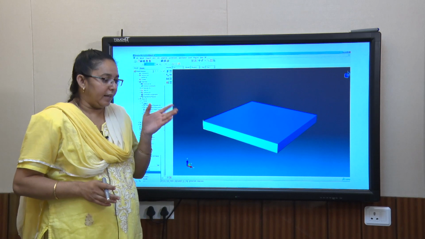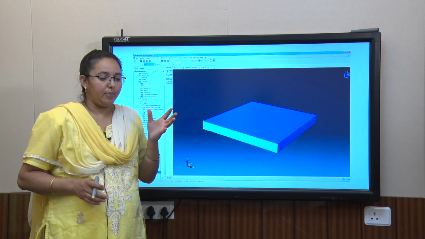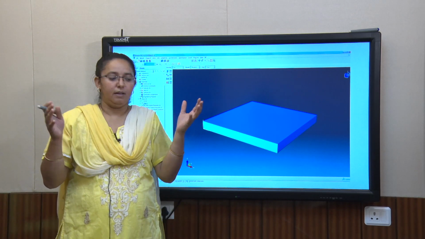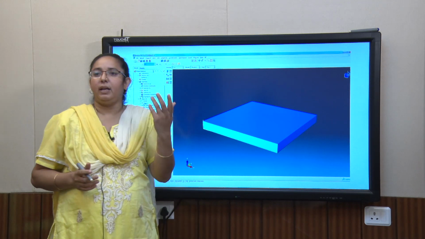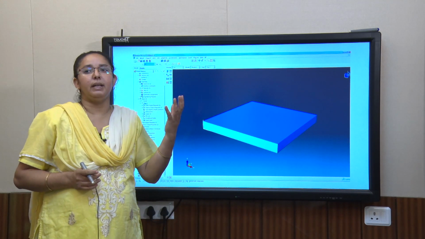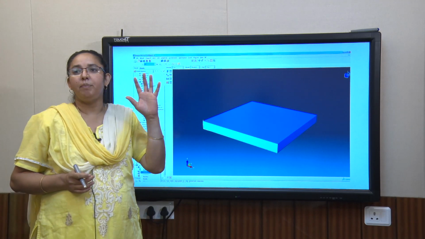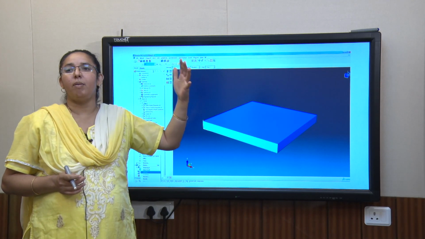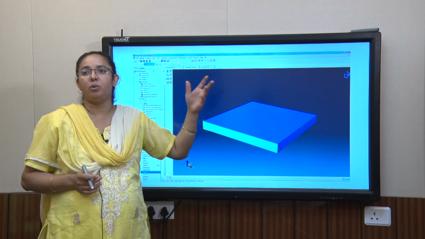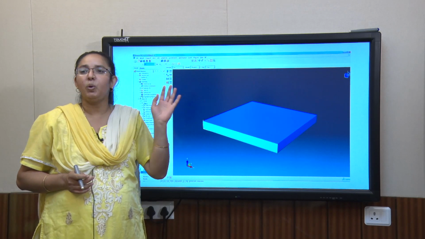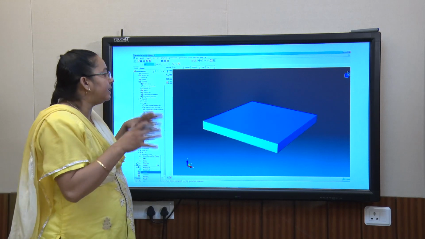The important thing I would like to share here concerns the structure, let us say a bottle, a whole building, or an automobile body, a car or a scooter, that you want to analyze. The very first mistake people make is thinking you must model it exactly as it is.